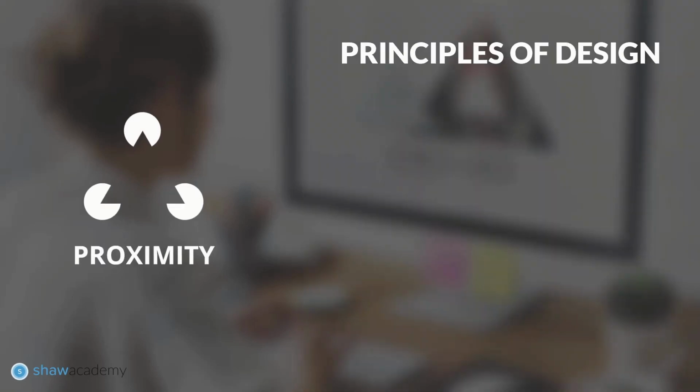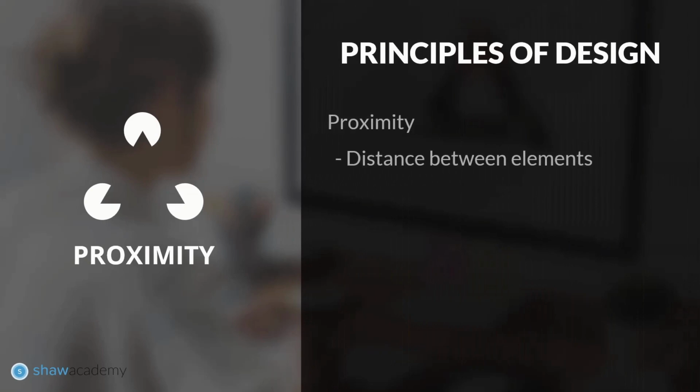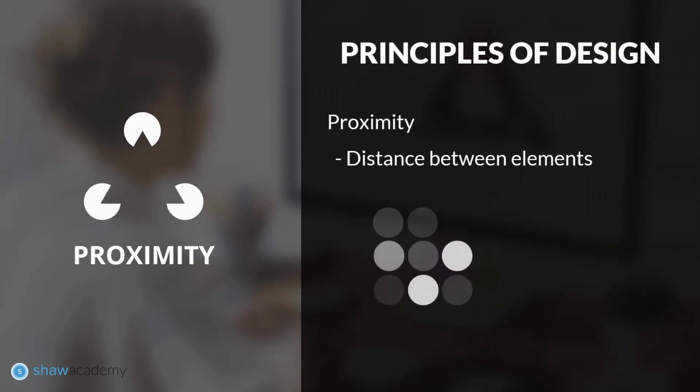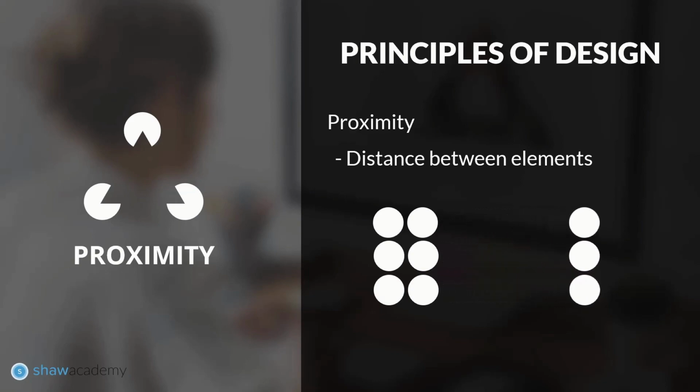Proximity is our first law, and it relates to the distance between elements or objects. The closer objects are to one another in relation to each other, the more they seem to be related or unified. Having this group of circles, we can all agree that it seems as though they belong together. But if we move 3 of the circles to the right, it seems as though we have 2 groups of circles. We still have the same circles, but due to the distance between them, they seem to no longer belong together.